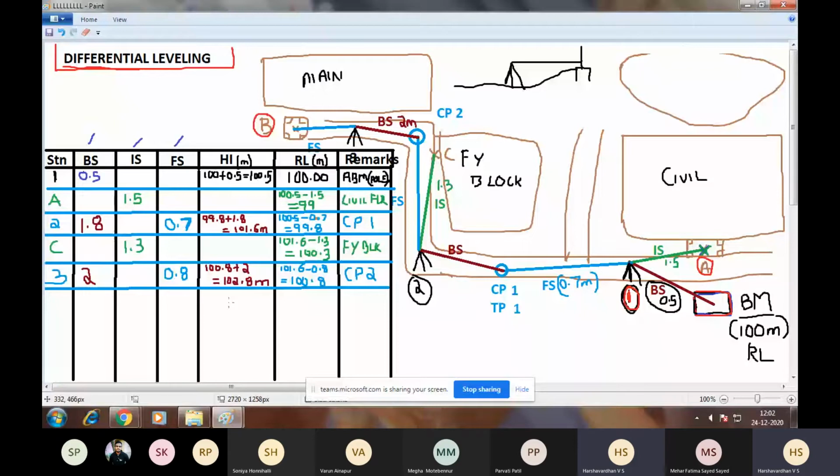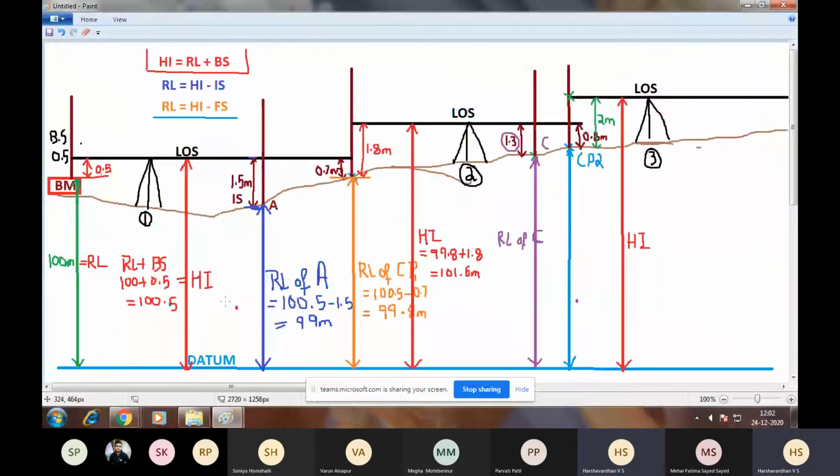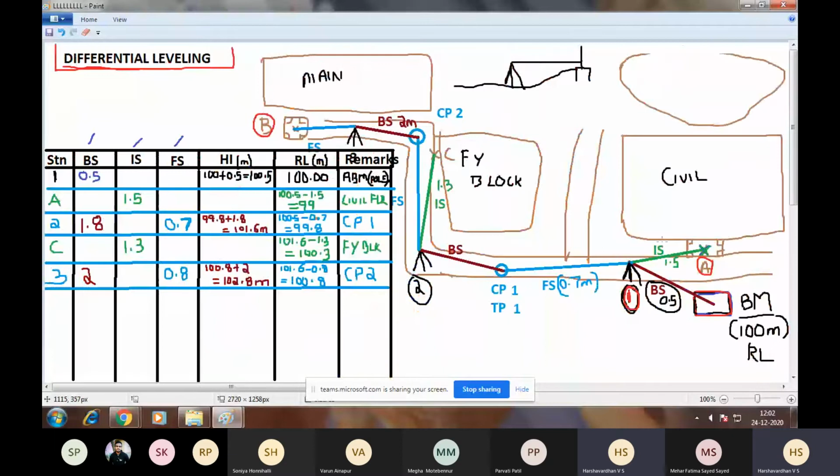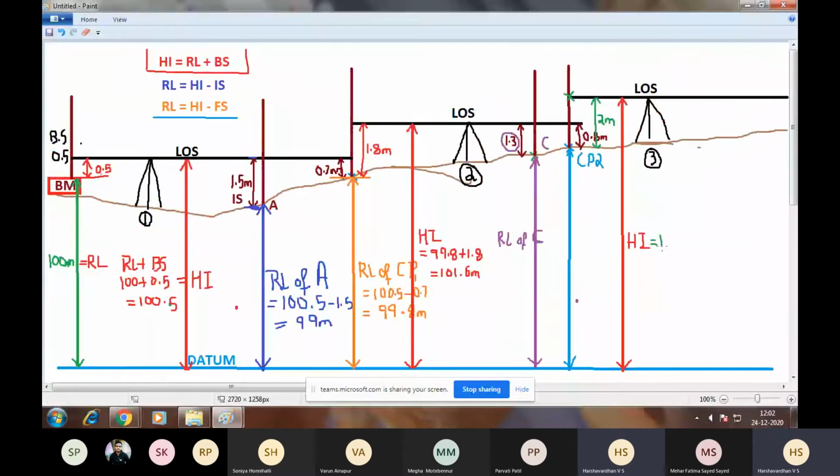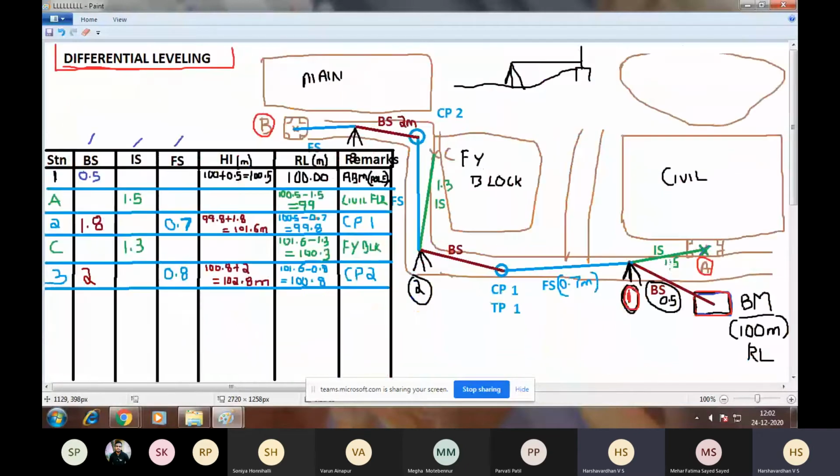HI is 100.8, that is RL 100.8, plus 2 meters. So the new height of instrument is 102.8 meters.